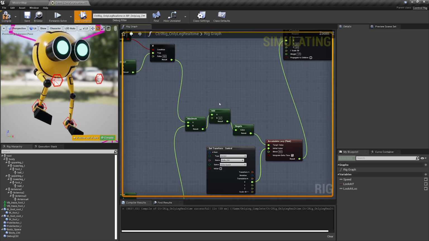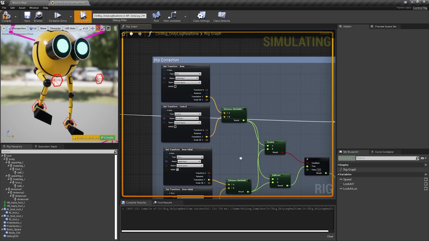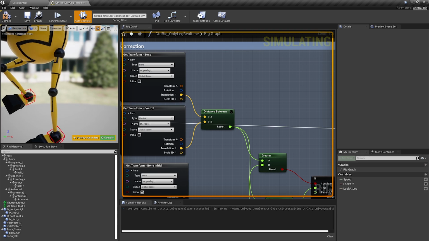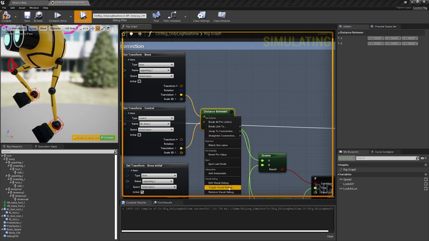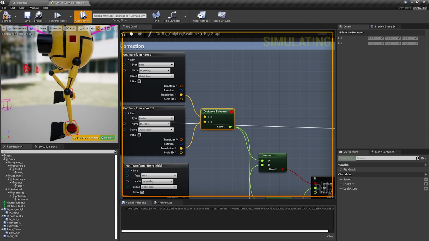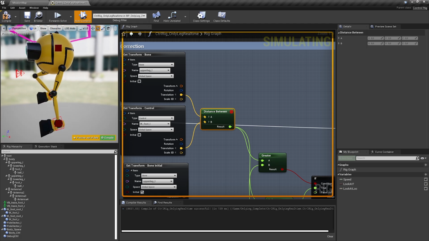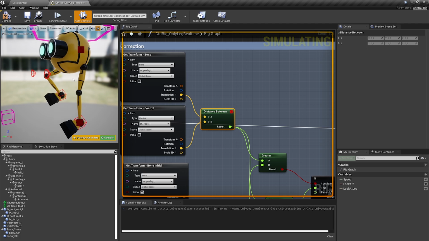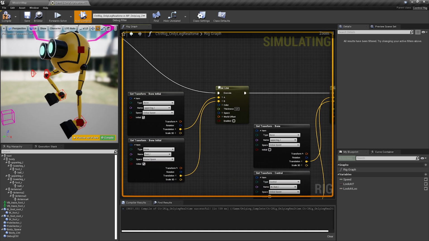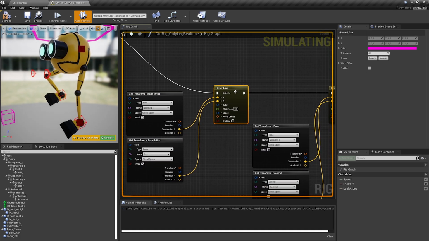Next one is the visual debug nodes I used before already. So let's go to the leg. And when I toggle it, I can edit them. I can keep them there as I made them, and then I can toggle them on and off depending on my needs. So here is the distance between the bones. Next one is some of the draw nodes.